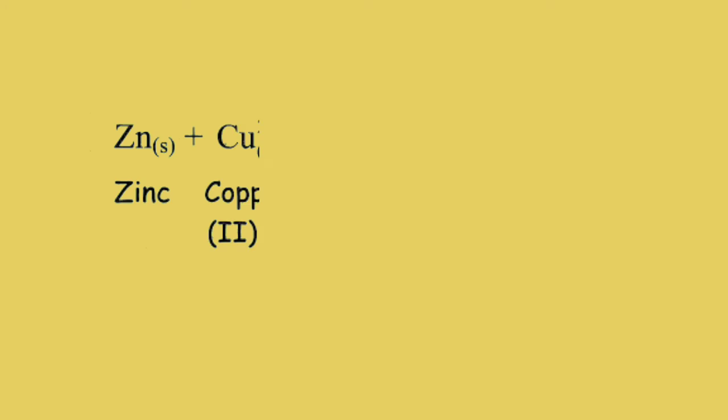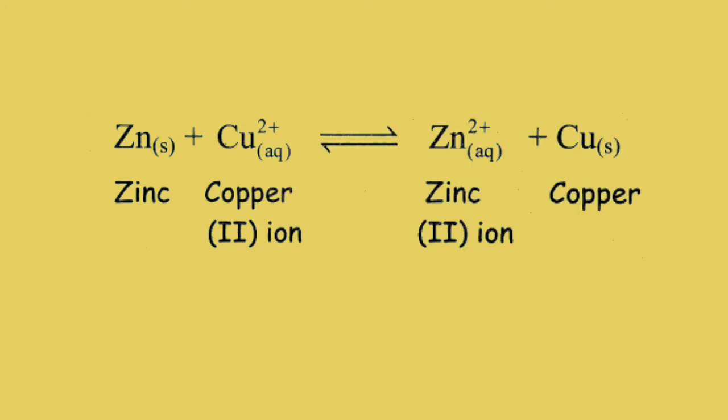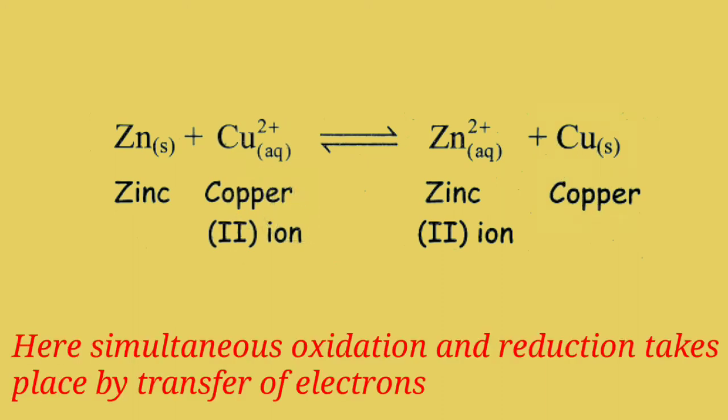So students, as shown in the above reaction, each zinc atom loses 2 electrons and is oxidized to Zn2+ ions. And the electrons released by zinc atom are accepted by copper ion. In this process, copper ion gets reduced to metallic copper atoms. So, the net reaction is the simultaneous oxidation and reduction, which involves transfer of electrons from metallic zinc to cupric ions. Hence, it is an example of electron transfer reaction.